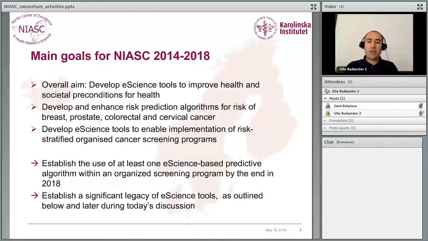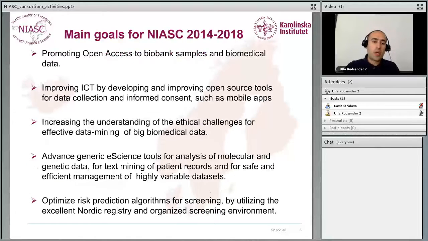So NIASC is a 5-year project. It's funded by the Nordic Council of Ministers, and its main goal is to develop eScience tools that will enable us to perform risk-stratified cancer screening in the national cancer screening programs. And by the end of the program, we aim to have at least one algorithm integrated in at least one national cancer screening program. So we are going to achieve this by promoting open access to the biobank samples and